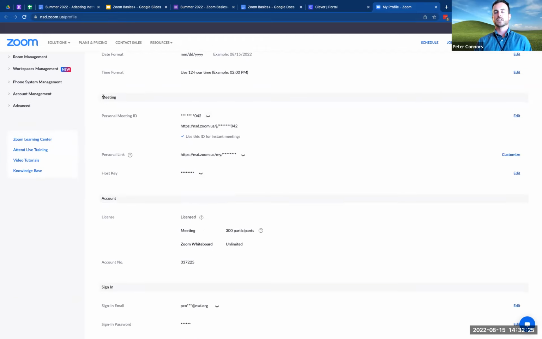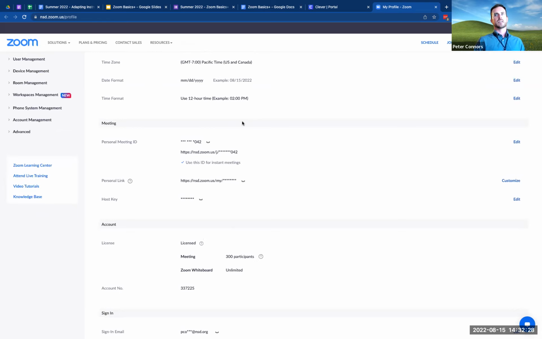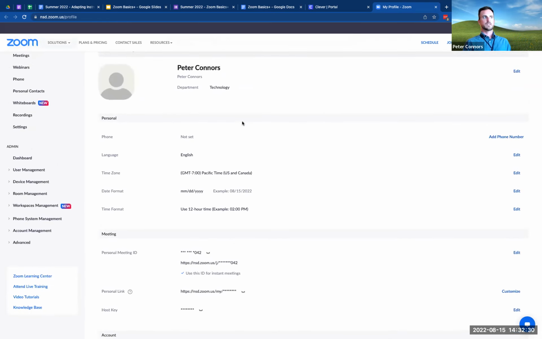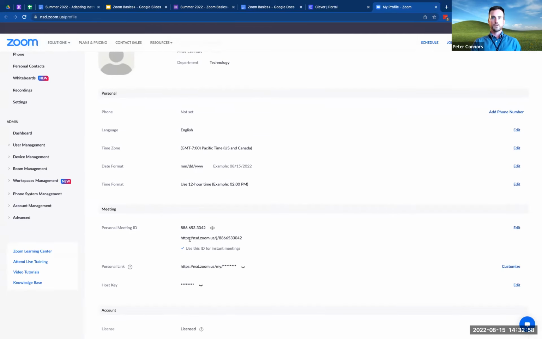This is an important one down here, this meeting. What this is telling you is that every person that has a Zoom account has a personal meeting room. You can see mine has an ID number, which is that. And then the link to get there is just our domain slash the letter J, and then the ID. So some people will use that room, and I think Maddie and I are examples of this. For the most part, that room is where we do the vast majority of our Zooming. Like today, this meeting is unique.